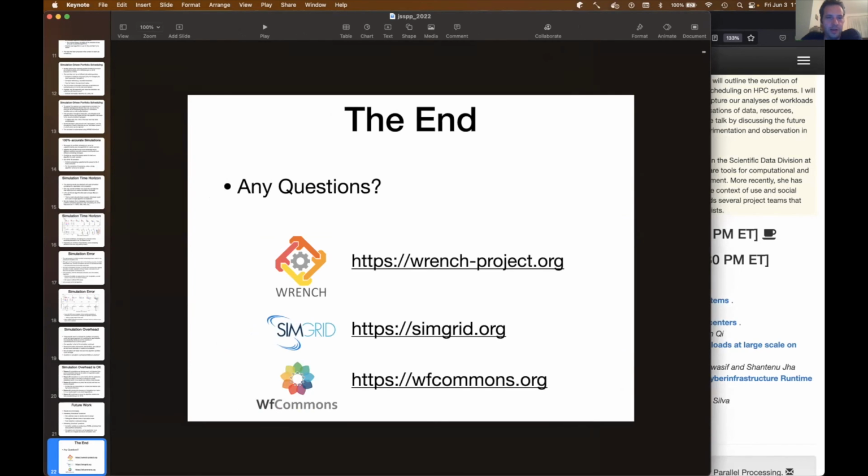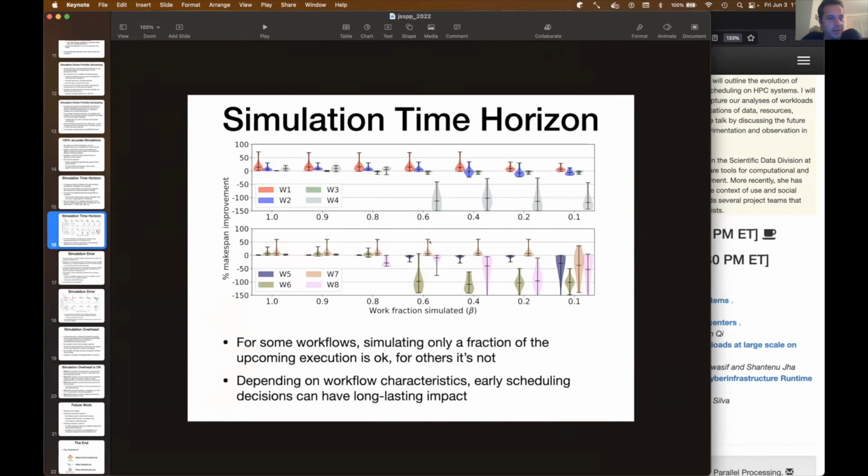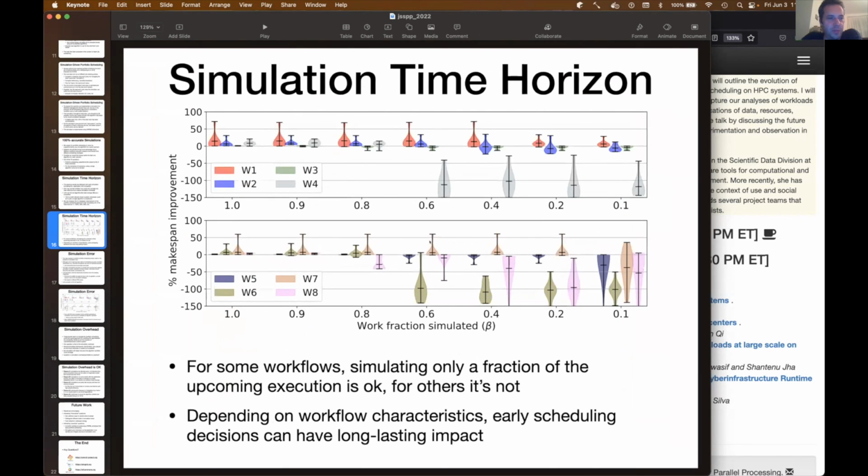What I find interesting was that when you mentioned the fact that early decisions may actually influence the quality of the final decision, it somehow reminds me the same problem that you have when you are doing some kind of meta-heuristic optimization, and you may end up in some local optima, and in that case you need to do some random walk or something like that to escape the minima.